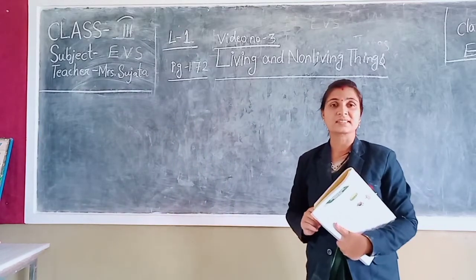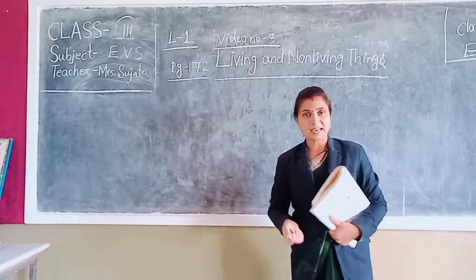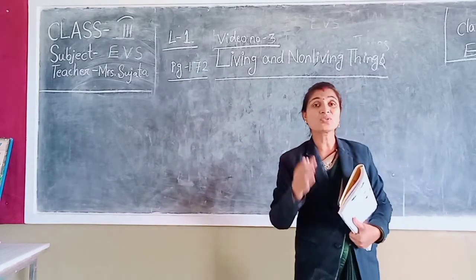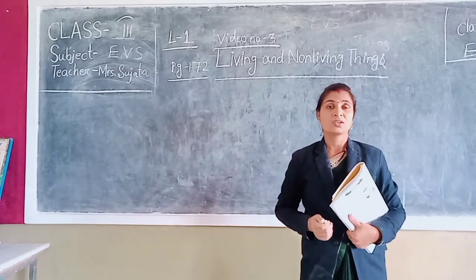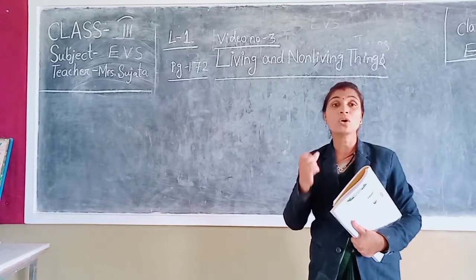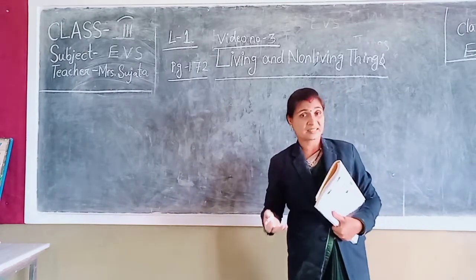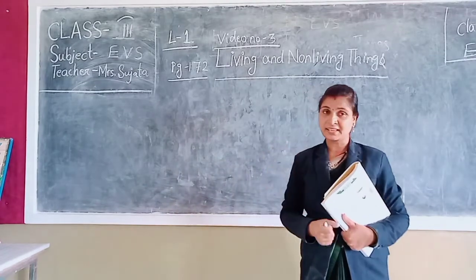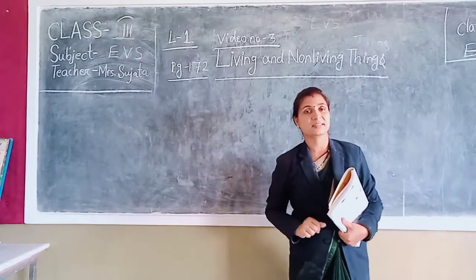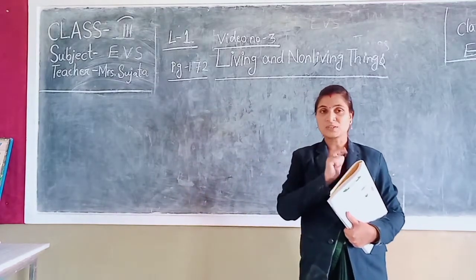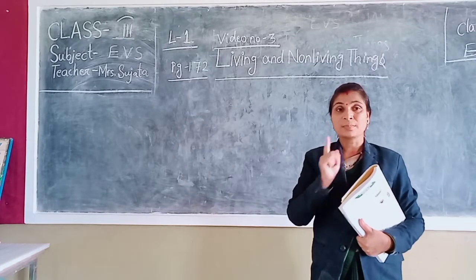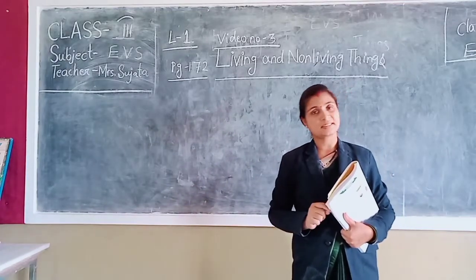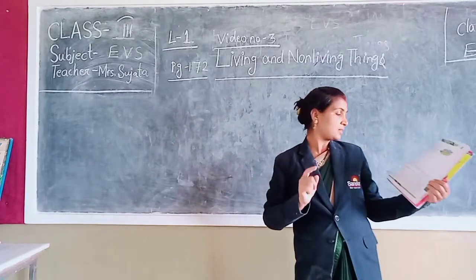Next, what is photosynthesis? Already I have told you in last class what is photosynthesis. That plants need water and sunlight to make their own food. So by which process plants make their own food, with the help of sunlight, water and air, this process is called photosynthesis. So you have to write that clearly. The process by which plants make their own food with the help of sunlight, air and water is called photosynthesis. Okay children? Now let's go to number 2.